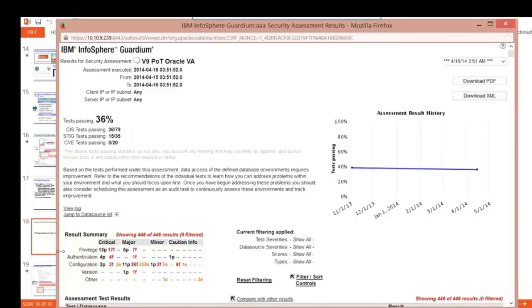I find this particular graph to be extremely useful, and it is broken down by severity. The columns are organized by severity, so you have critical, major, minor, cautionary, and informational. And then it's broken down by type of test. So in the privilege area, we have 13 passes and 17 failures in the critical area for privileging. And for major tests, we have 5 passes and 7 failures. And you can see that, well, first of all, it's way too much information,